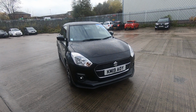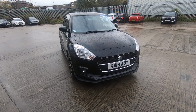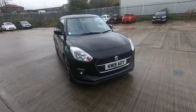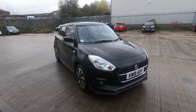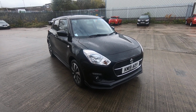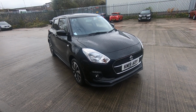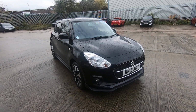Suzuki are proud to present the Suzuki Swift 1.2 Dualjet Attitude 5-door. This vehicle is a limited edition vehicle consisting of a full carbon body kit and diamond cut alloy wheels and a roof spoiler. The vehicle has 6,570 miles, is in cosmic black metallic,